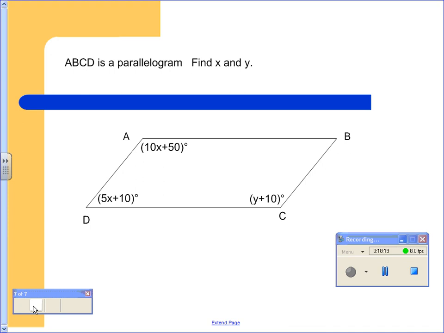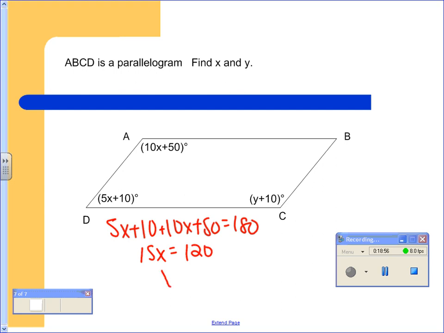What property are you going to be using? Okay, what consecutive angle would you use? D and A, because they both have x in it. If you use E and C, that doesn't really help you since one has x and one has y. Does that make sense? So what do we know about 5x plus 10 and 10x plus 50? Add them up. Does that make sense? So 15x equals 120. So x would equal,